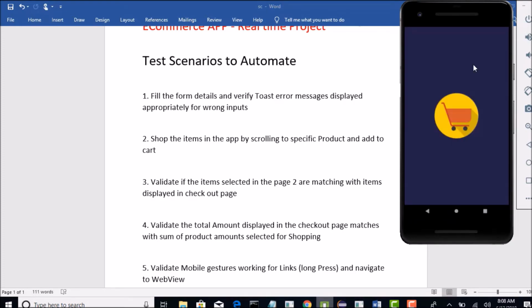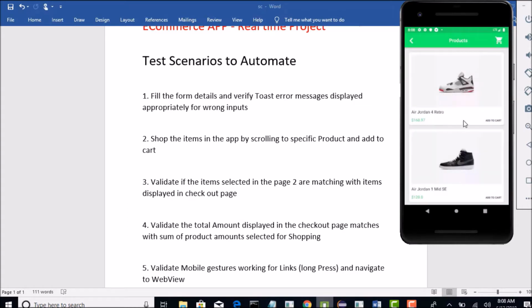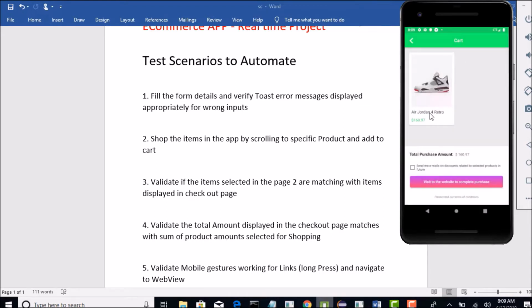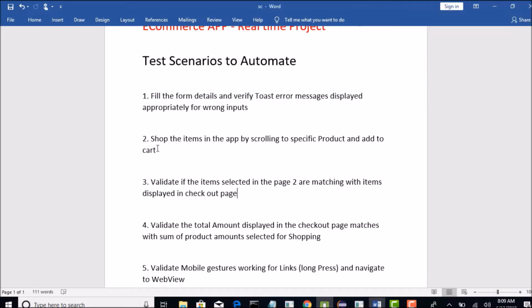Let us select 2 items or 1 item in page 1, and then we will make sure that item... I will select the first item here, add to cart, grab your text here, and when you go to the next page, the text present here should match with this text. Okay, just to confirm that the checkout page is same as the before page. But I think that we can implement in scenario 2 only.